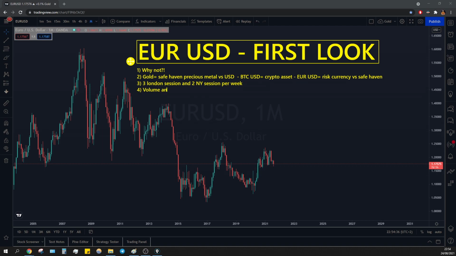Both volume and liquidity are very high. I think it is the most traded pair, and for the same reason, you can trade like 4 lots. The spread is 0.0, so almost any time of the day the spread is 0, and the commissions are lower than gold.